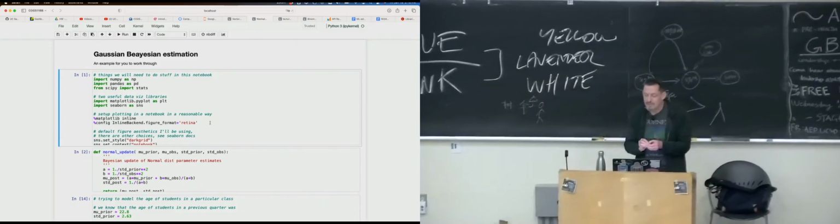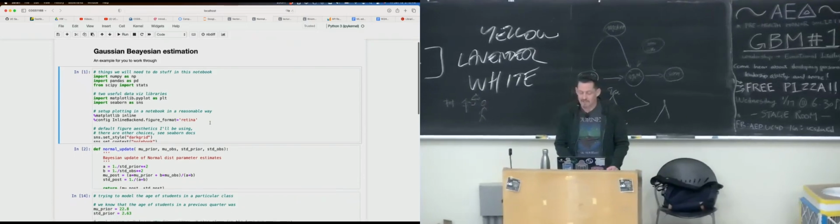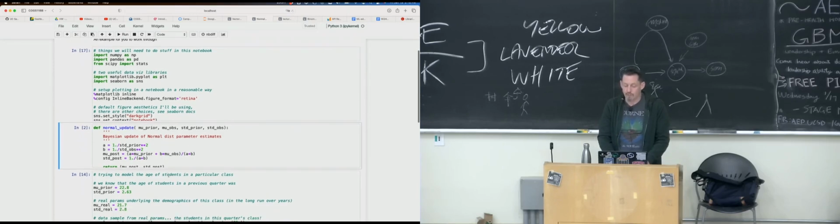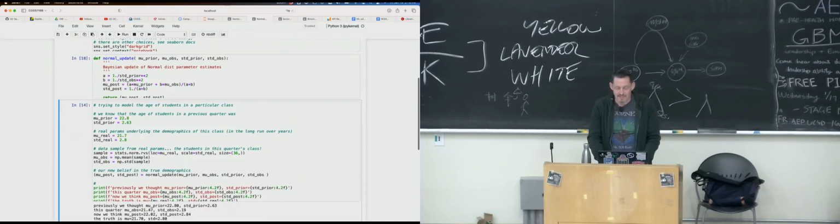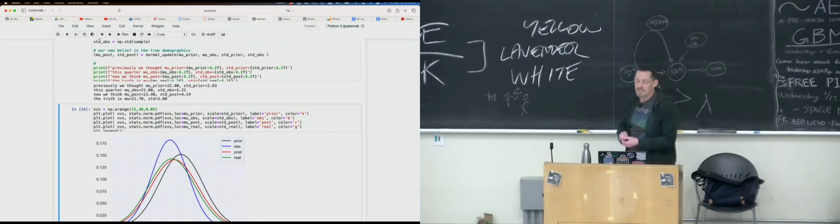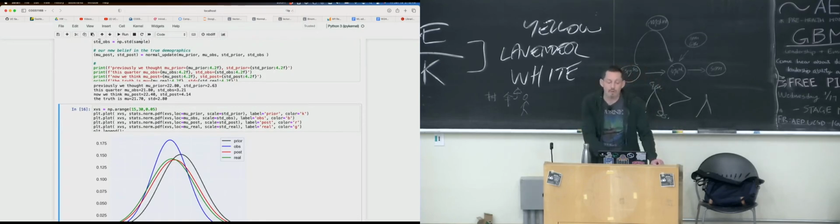I'm going to give you 5-6 minutes to do this little task, because what you'll see is that I've defined this normal update function, which just encodes that linear mix, okay? And I've given you a little dumb problem, right? And the idea here is that we're trying